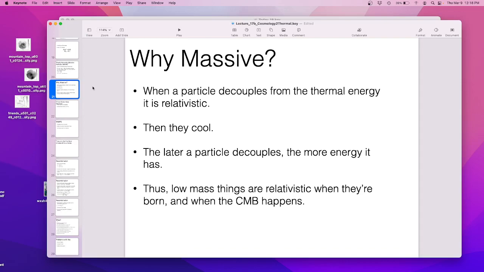I'll show you why in a minute. But basically, the dark matter can't be moving relativistically because otherwise you can't form little galaxies. And we know we have little galaxies, because otherwise it just leaves because the velocity is very high. So it has to be massive. Now this is an important chain of logic.